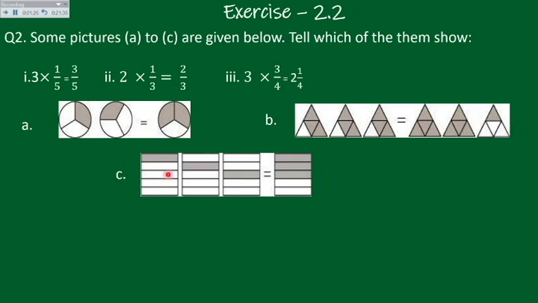Let's check with the C. It contains three figures. Okay, so our first number is matched with this criteria. Now second, 3 upon 4. So here we need 4 total parts, but we have 5 in C part, so definitely it is not our answer. So how will you write in your copy? Check this.